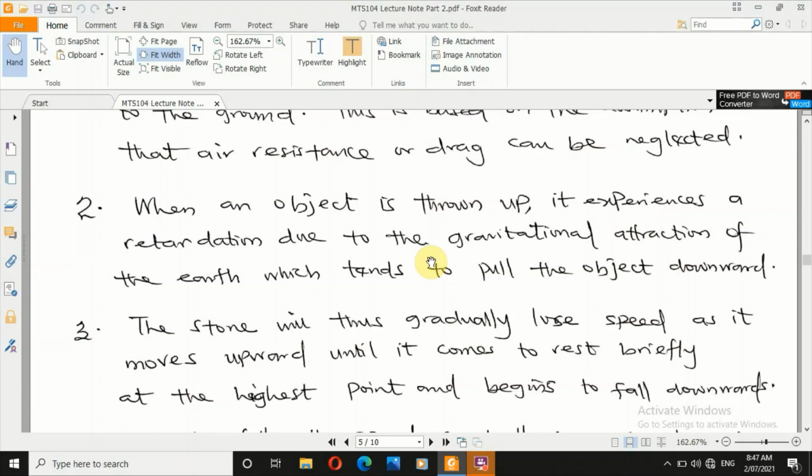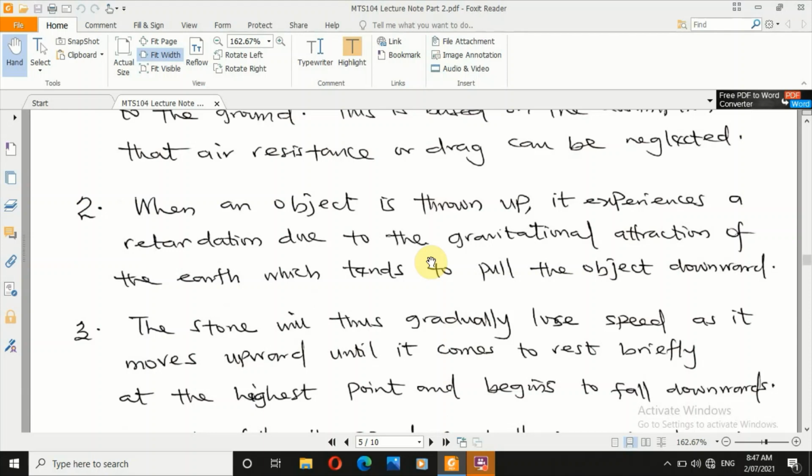So that force is there. It tries to put everything towards the center of the Earth. That is why if you throw anything upward, the force will generally push the object down. There's no object that can stay in the sky without anything holding it. It should definitely go down, because this is only true below the orbit.